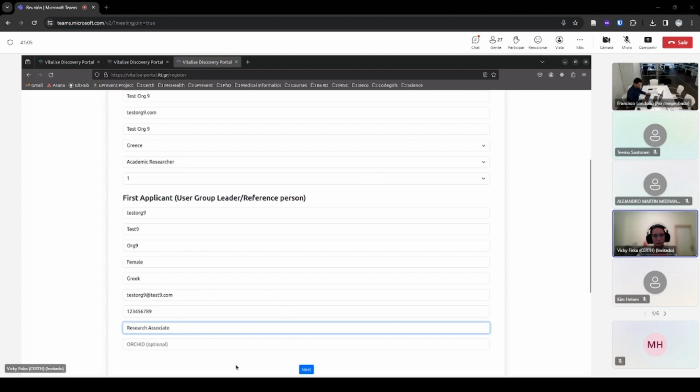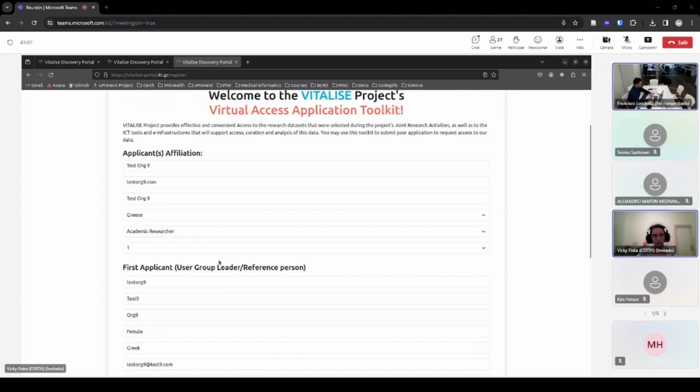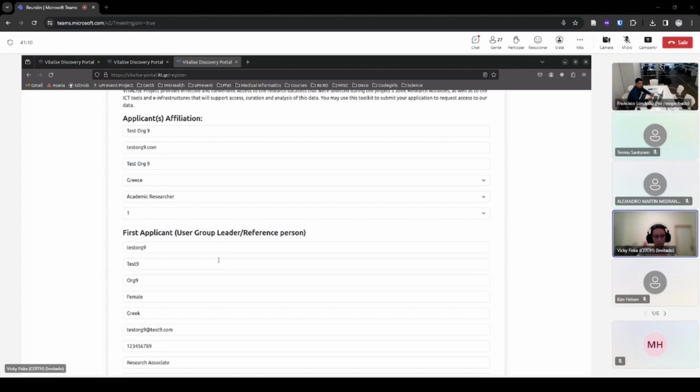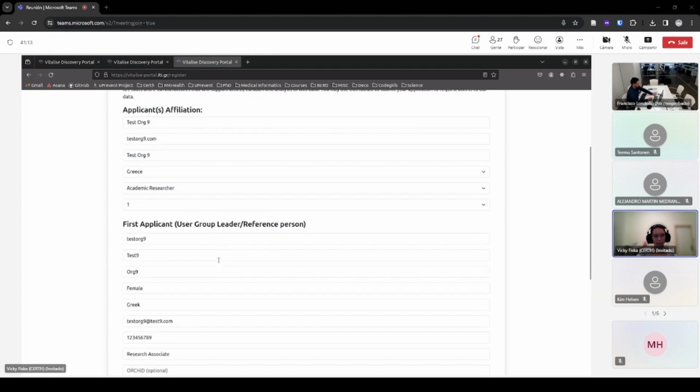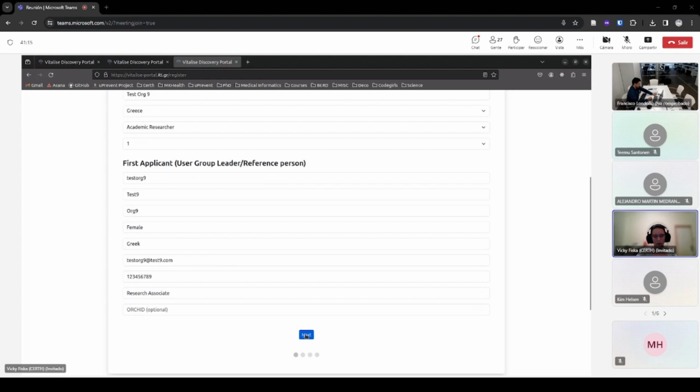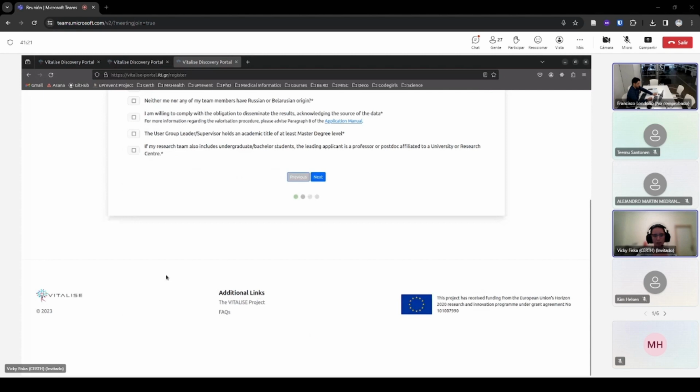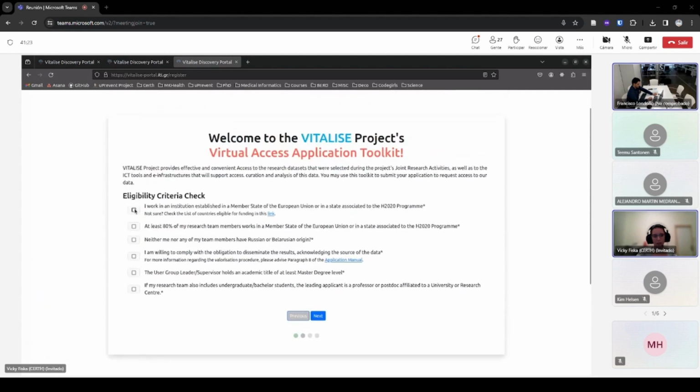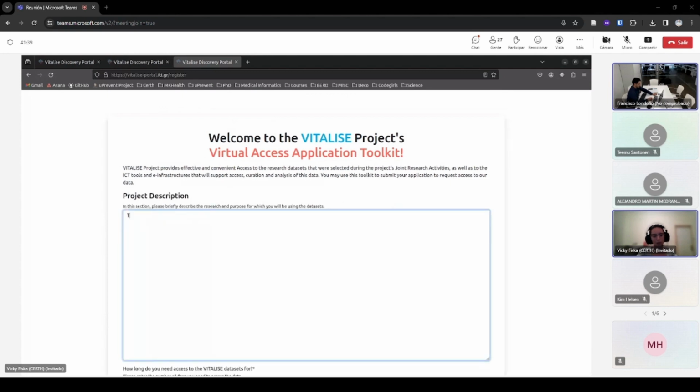And if you have filled and you are ready and sure that you have completed all the mandatory fields, you can click on the next button. If someone has any questions regarding this step, please feel free to ask me. The next step is easy. You must check all the eligibility criteria in order to proceed with your registration. So again, check all the boxes, be sure that you have checked them, and click next. Now, regarding the project description,